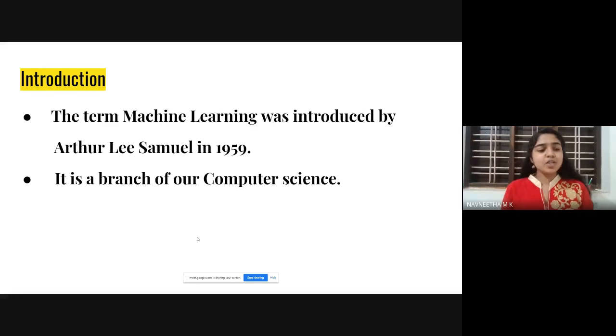We know that human beings are very intelligent. Why do we call humans intelligent? Because human beings have an ability to take their own decision in any situation, isn't it? But our machine does not have any ability to take its own decision. So through machine learning, what we do is give this human intelligence to the machine, so the machine also becomes intelligent. It is not just about learning; it's also about understanding and reasoning. This is the concept behind machine learning.